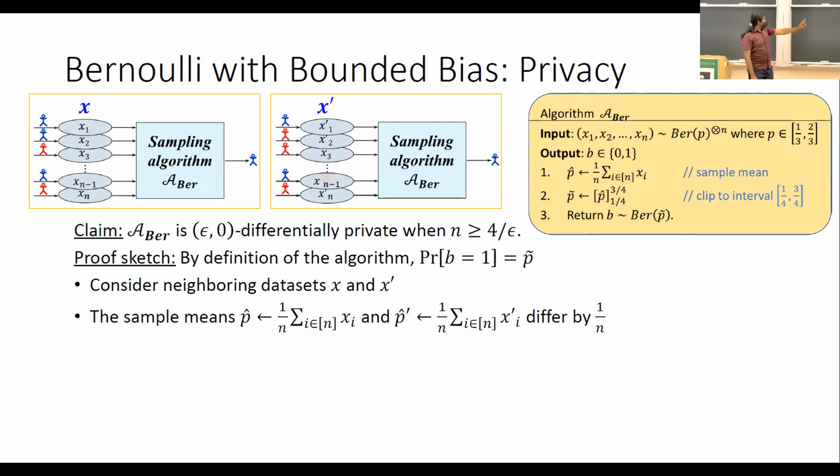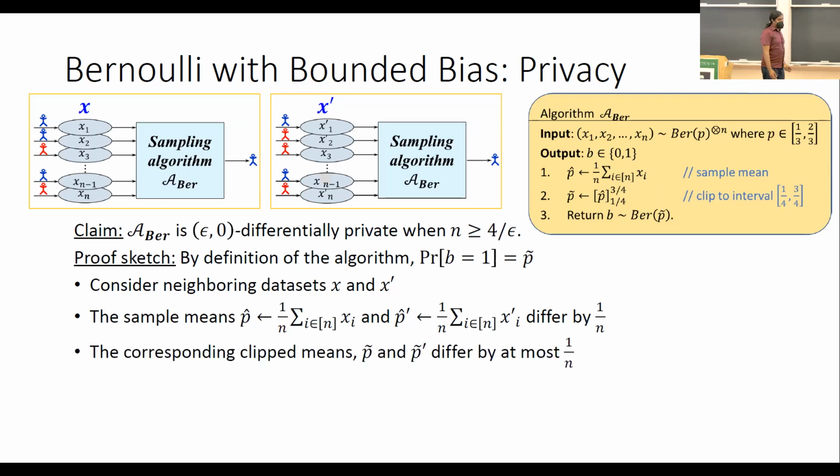And first consider step 1 when the algorithm is executed on these two data sets. So you'll see that the sample means differ by at most 1/n. It's like classic sensitivity analysis. All of the entries are either 0 or 1, and so the sample mean can only differ by 1/n. And it turns out that clipping can't really change this. If you think about it for a second, you'll see that the clipped means will also differ by at most 1 over n. And now we just need to do some math, so bear with me, we'll go through the inequality slowly. So basically these two bullets correspond to that first inequality. We just say that p tilde prime, which is p tilde on one of the neighboring data sets, is within 1 over n of the clipped mean of the other one.